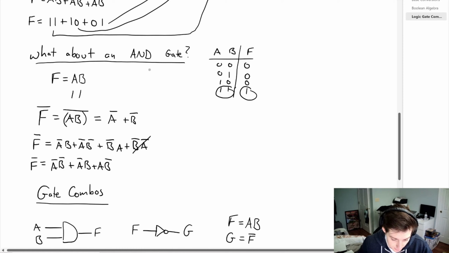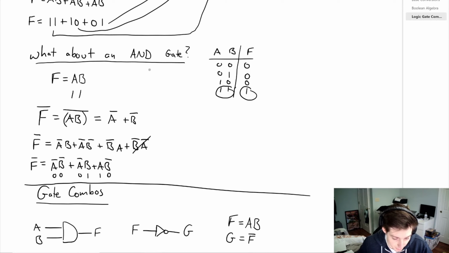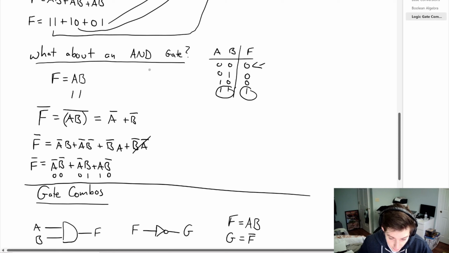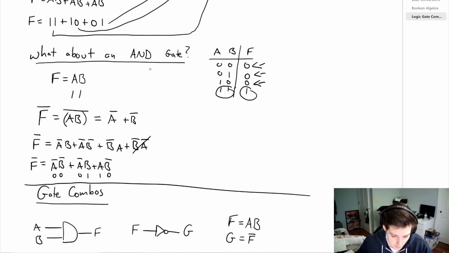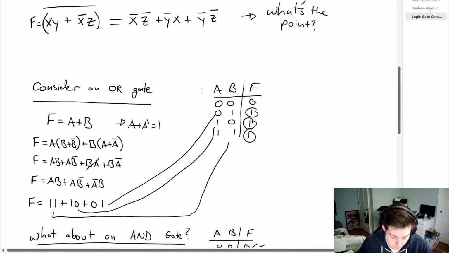And from that, we would have a 0, 0, 0, 1, 1, 0. And correlating that back to the truth table, you can see that the inverse of f, where we have these products of a and b, gives us all of our zeros. Now just looking back at the OR gate, where we had f equal to a plus b, say that f inverse is equal to a plus b, and that whole thing inversed, which using De Morgan's law would give us